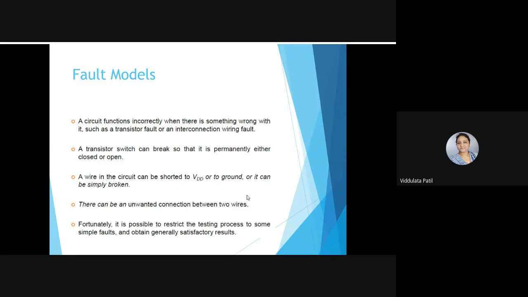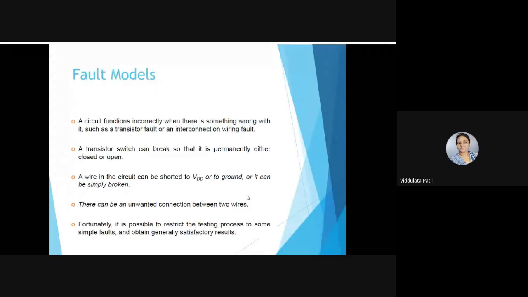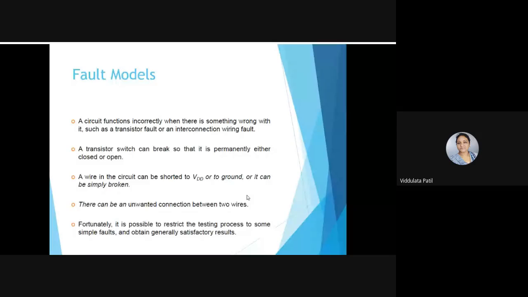So it may happen that your wire is continuously connected to VDD or ground, or that it is completely broken up. That means there is no connection internally. You must have seen sometimes on your PCB that a track is broken. That means there is no connection, or whenever you are building any circuit on a breadboard,